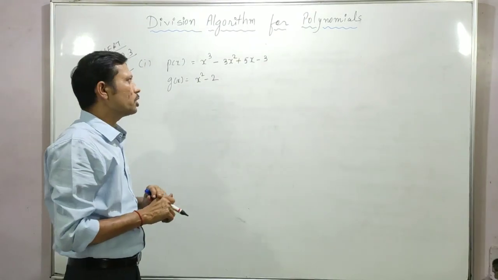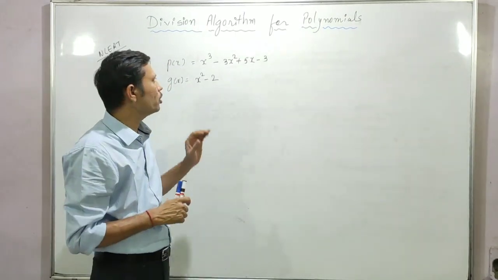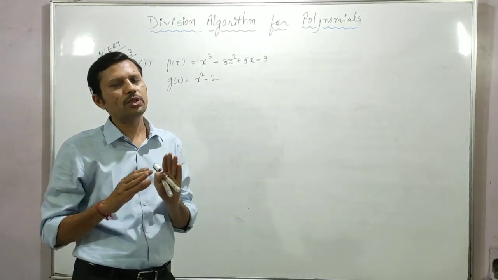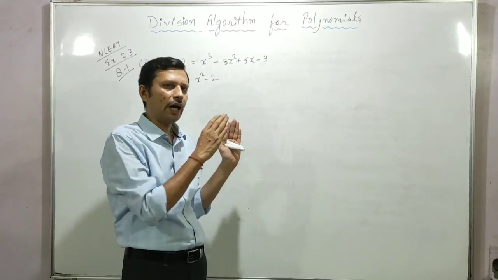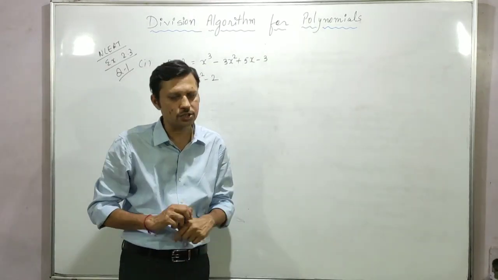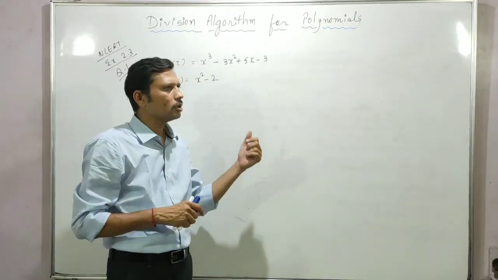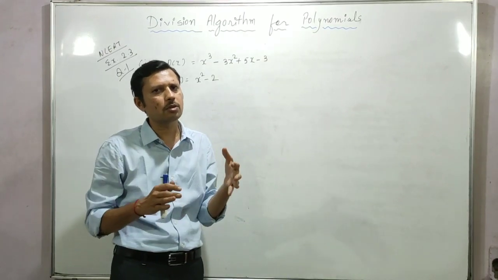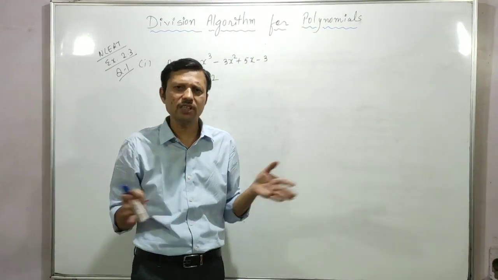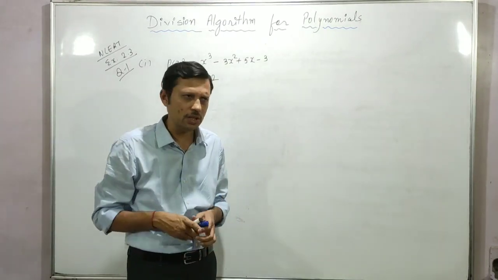See, before starting a long division, make sure of two things. First of all, both the polynomials, dividend as well as divisor, should be in standard form. That means the terms should be arranged from the higher power to the smaller power, in that sequence. Okay, and the second thing, it's not compulsory, but it is most important because of the calculation part. If any term is missing between the terms, we have to write down that term with the coefficient 0.